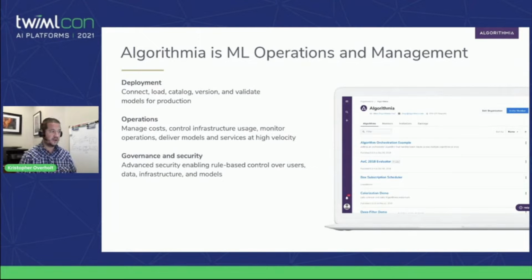Finally, and maybe the most important one, is governance and security. So deploying models is easy in terms of how we've abstracted it and made it a very clean process. Underneath all of these models, you could have 10 or hundreds or thousands of models deployed across your cluster. And governance and security means for every single model in the Algorithmia model catalog, you have things like role-based access control, secure API tokens, separation and isolation via organizations,